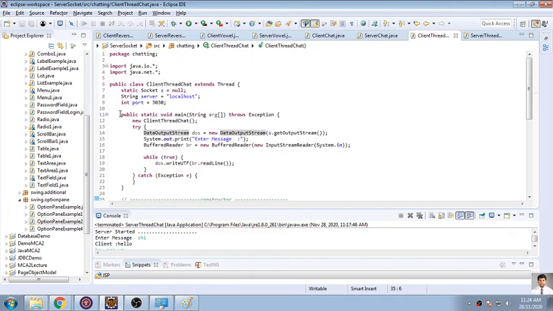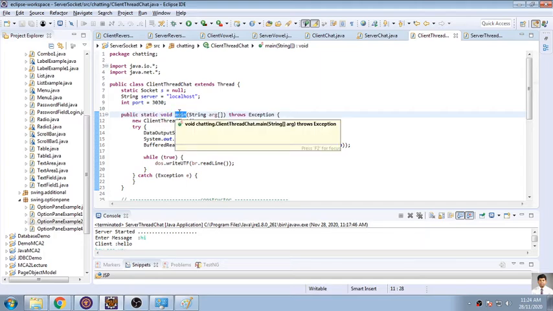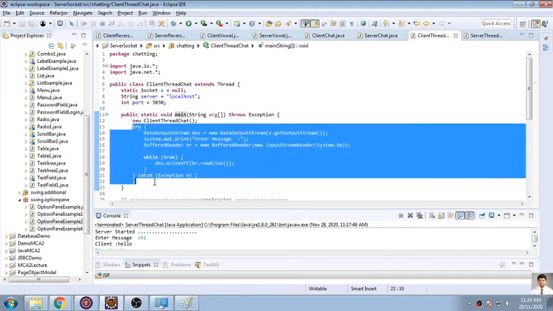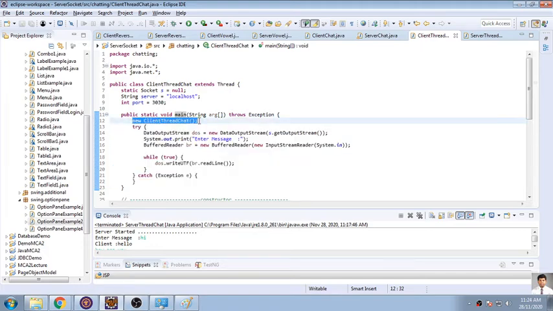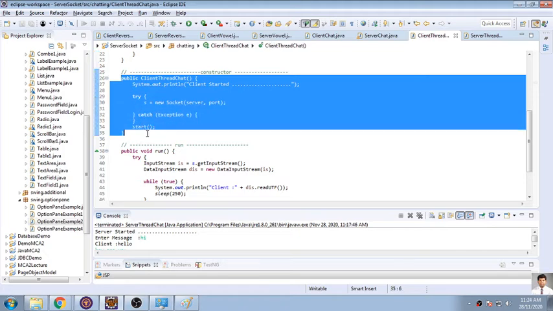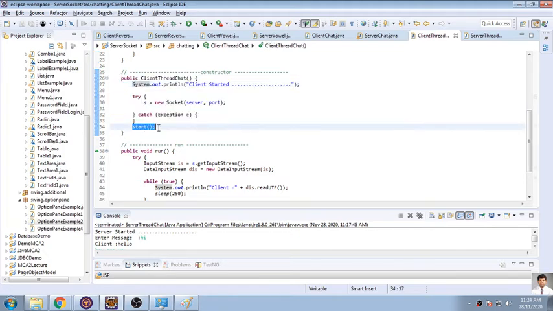Now as you know, as soon as the program is compiled and asked to execute, it will directly enter into the main thread. So this main thread will be called first, and this thread will immediately call the constructor of a class. Now one thread will be executing the remaining part of your program, and as you have called this constructor, control will move to this, and it will call a start function.